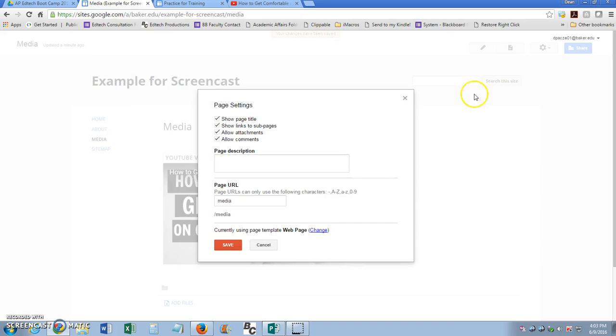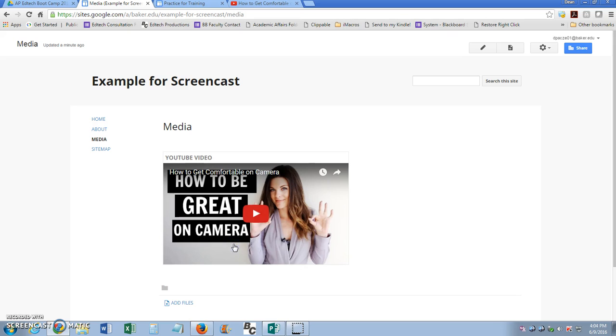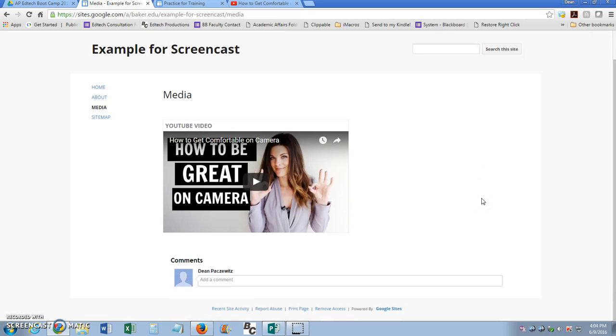I'm going to go back to my page settings, and I am going to deselect Allow Attachments. This way I can have comments, but there's no reason for anybody to add files, so they won't be offered to do that. I click Save, and here I am with my media ready to play and my comments area ready for input